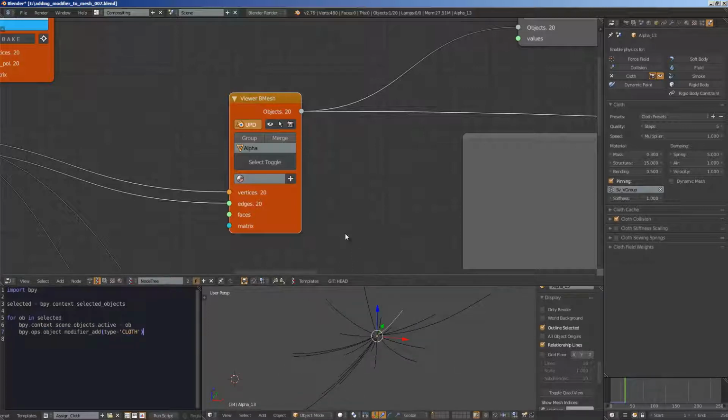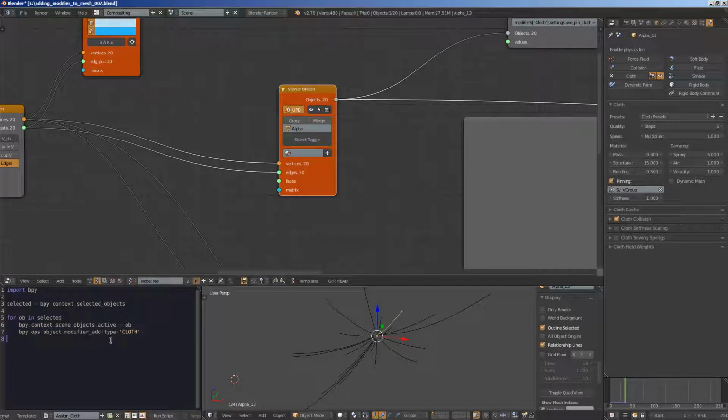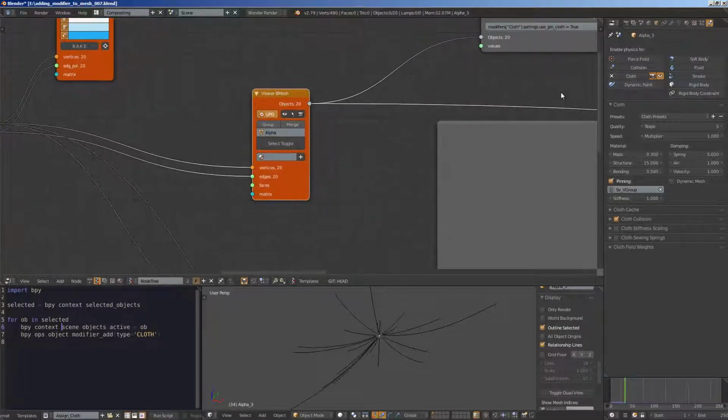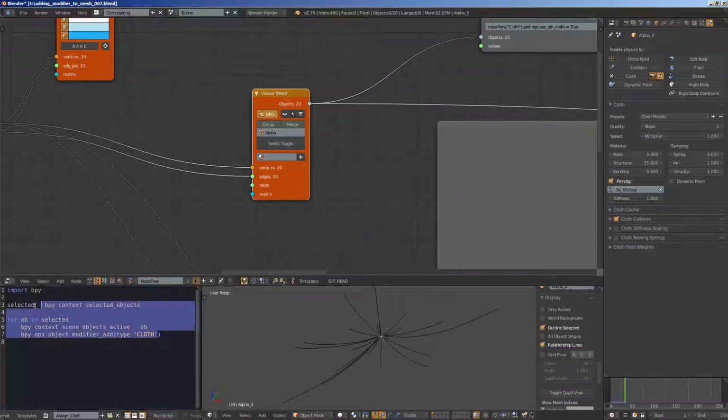And then the next thing I did, I have to run this Python script that simply adds a cloth modifier, this guy right here, for each selected polygon line. I need this step because we don't have nodes that assign this type of physics, or what do you call it, like a simulation or modifier. So we need to run that one time, so each line now has this